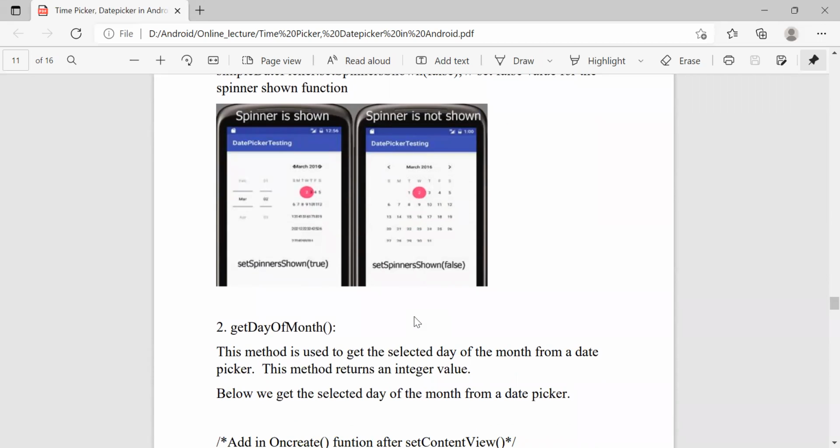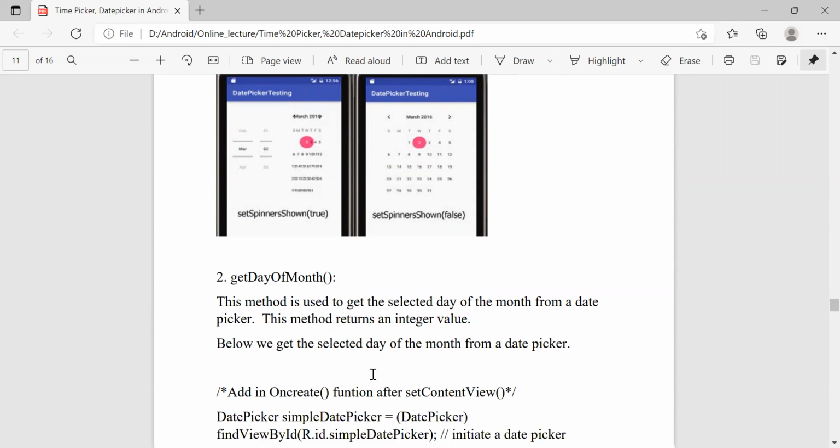Next method is getDayOfMonth. getDayOfMonth is used to get the day of month from the DatePicker, and it has an integer value.